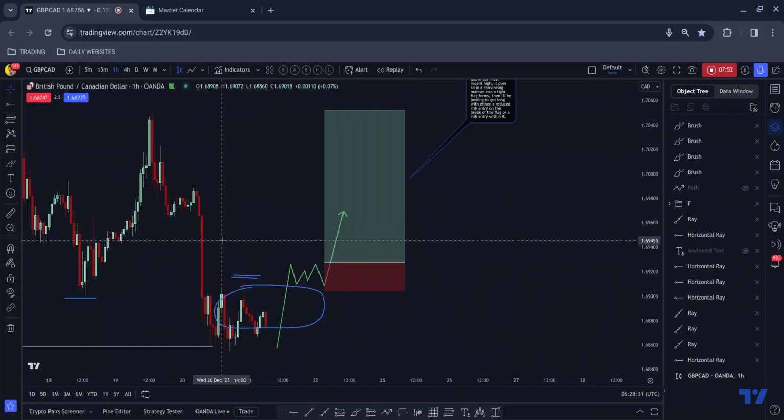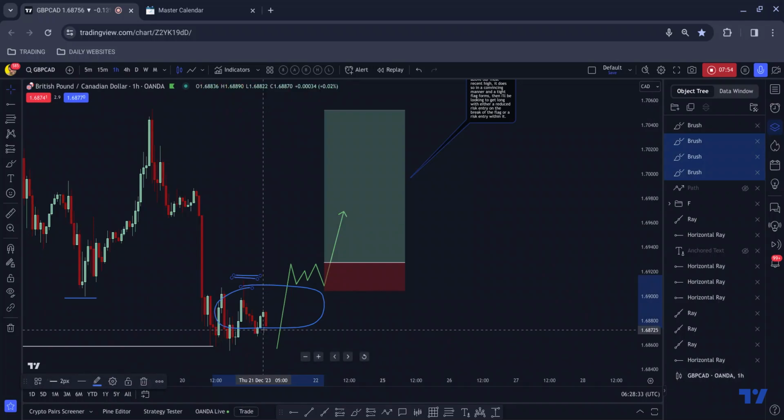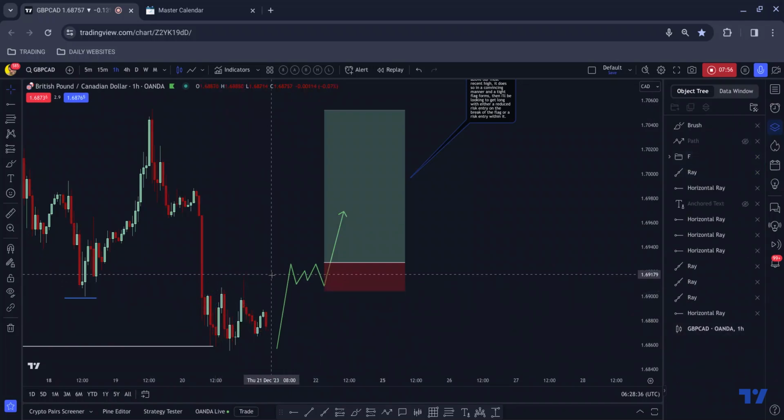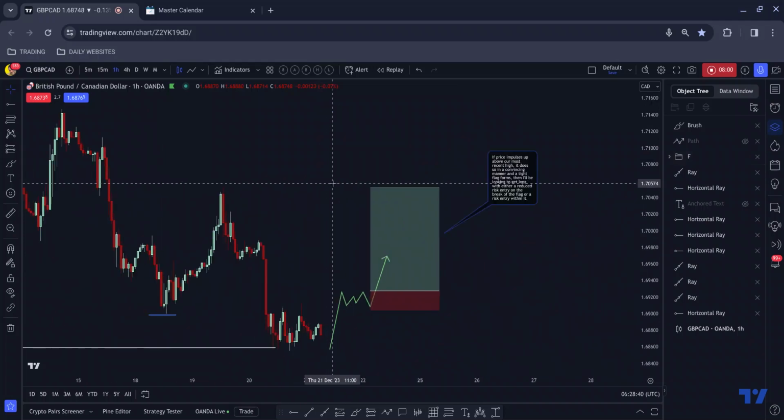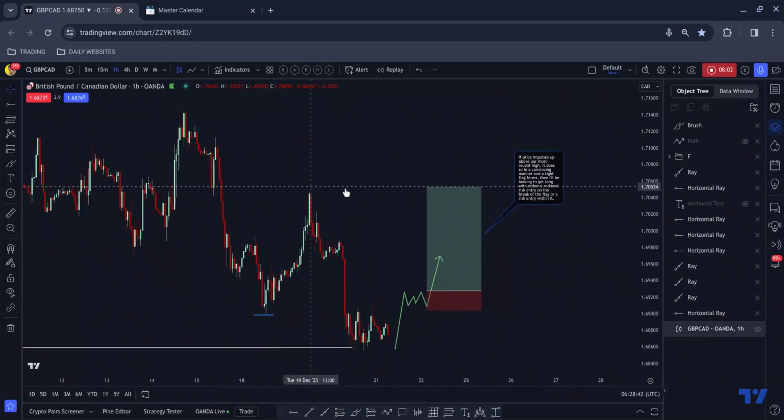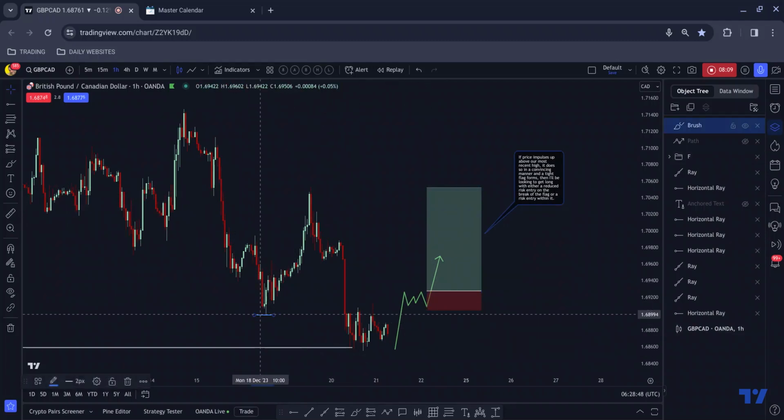So what I'll be looking for is quite simply just a break above this high here, an impulsive move followed by correction, and then I'll be looking to get long at the break of the flag within it, and then I will be able to manage it up to this high as a first inflection point for something in the region of 5.5%.